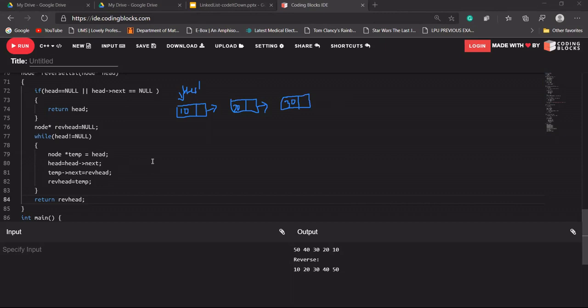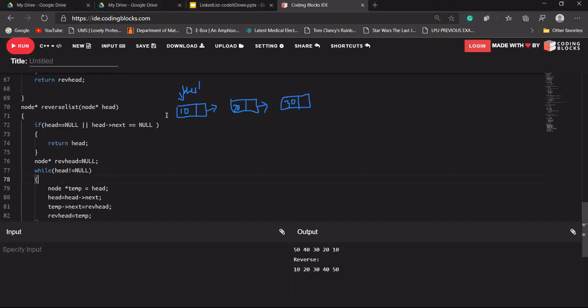Just wait for a second. Okay. This function will check if head is equal to null. Head is not equal to null, meaning head is pointing to some node. And what next, head's next is equal to null? No, head's next is not equal to null. So this condition will not be satisfied.